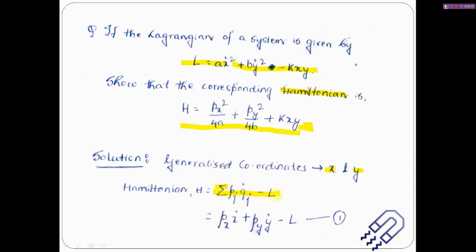So this is the first relation that we should know. What are my generalized coordinates? x and y. So qj dot would be nothing but the time derivative of the generalized coordinates, so x dot and y dot. And pj, I think we have not used the term till now. This is the conjugate momentum. We have a relation for conjugate momentum also, which we are going to use. So we have the conjugate momentum px and the conjugate momentum py. Please remember this, and of course minus L. So L we have, and we are going to find out what is px and what is py using the relation for conjugate momentum.